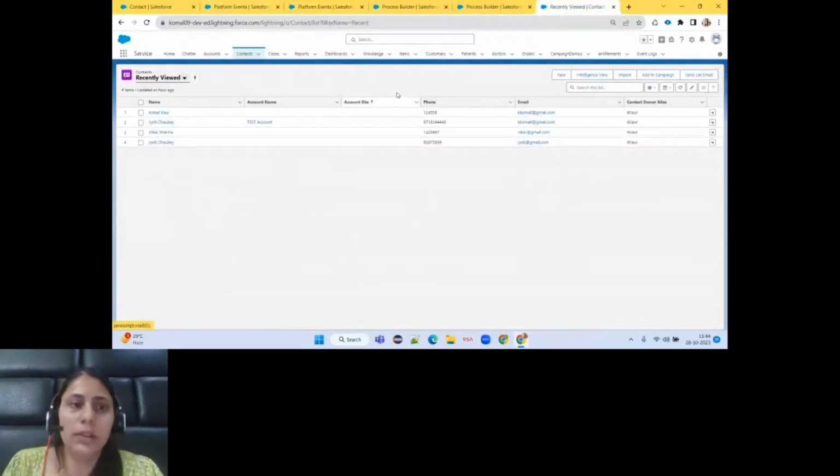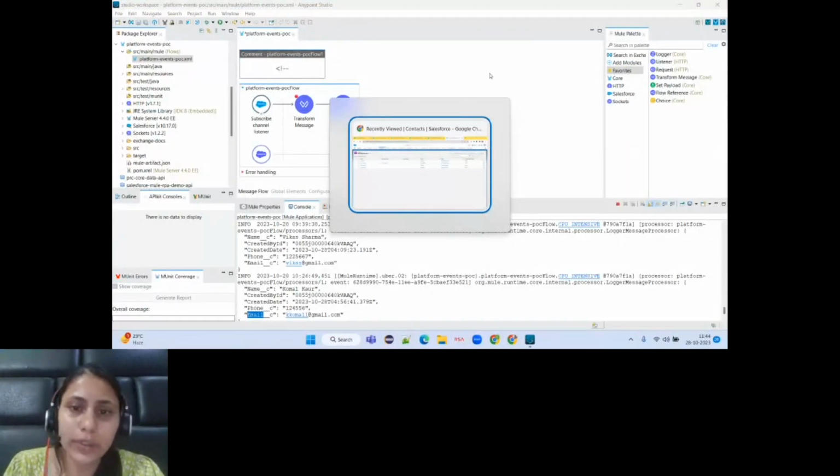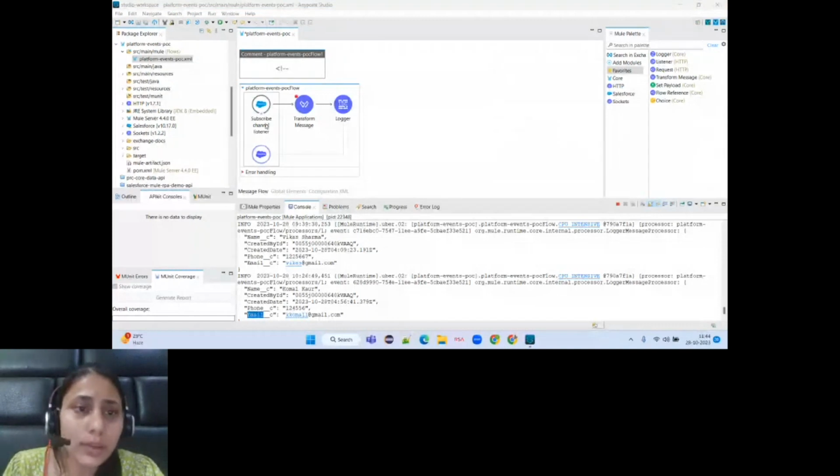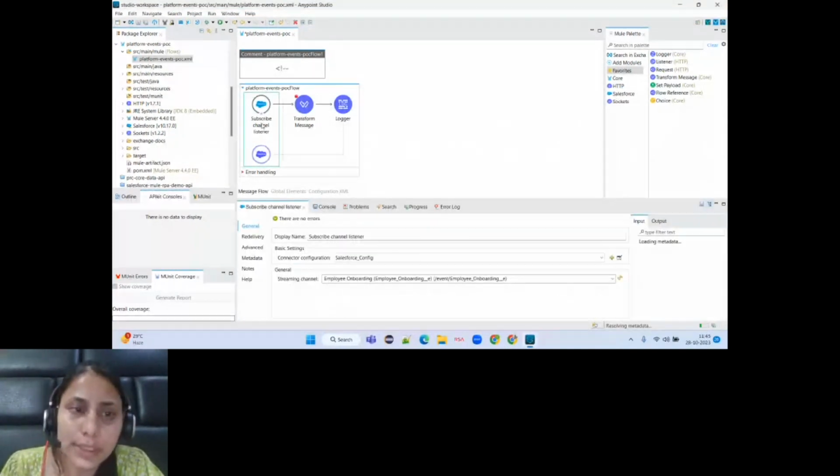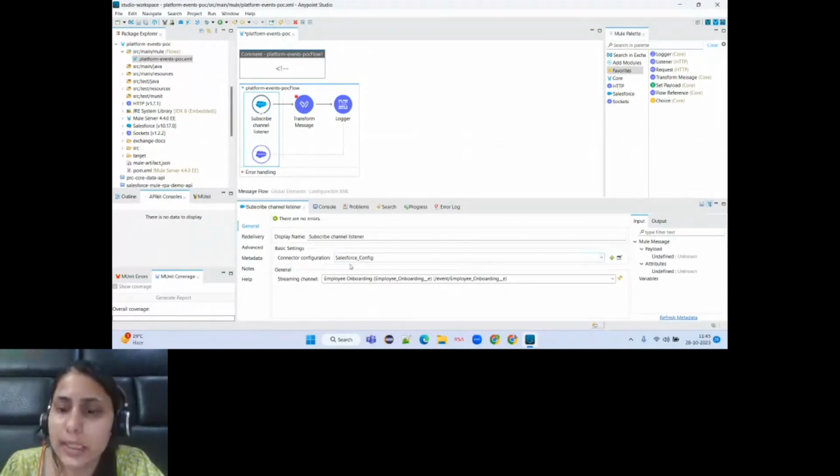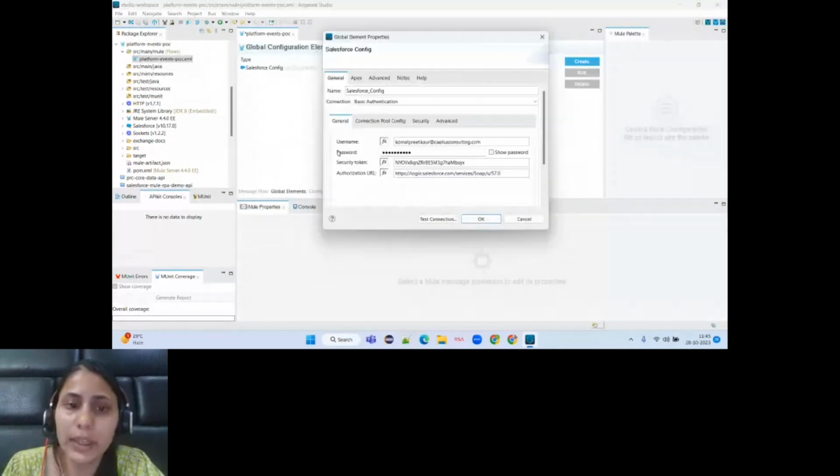Before creating any contact, let me introduce you to the MuleSoft connectors. For subscribing to a channel, we will be using the subscribe channel listener. There we will have our Salesforce configuration, in which I am using basic authentication and filling in the username, password, security token, and authorization URL.